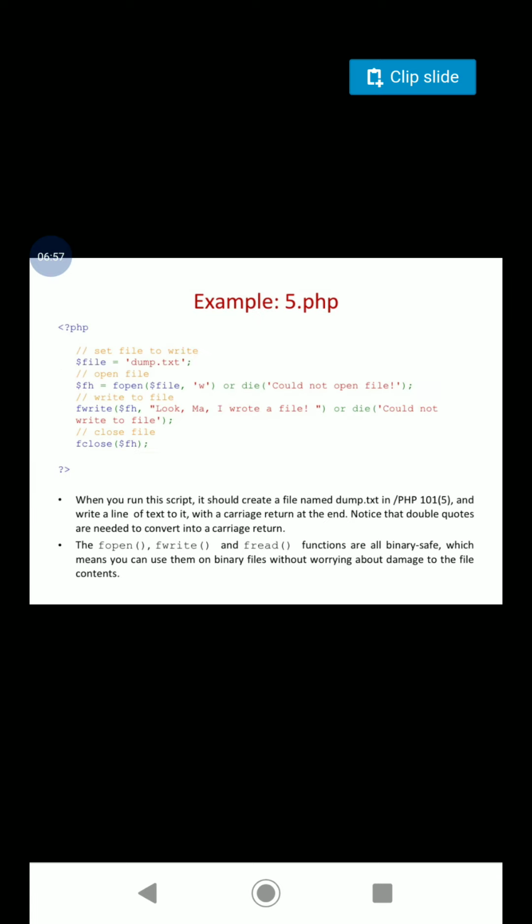So what is that fwrite function? The data that you want to write into the file is always passed as an argument to the fwrite function, and the handle of the file into which this content is going to be written must be provided. So we say fwrite of $fh, where $fh is the file handle, that is a pointer to the file. Then we write the contents to that particular file, and the file should be opened in the writing mode, only then can we write the contents to the file.